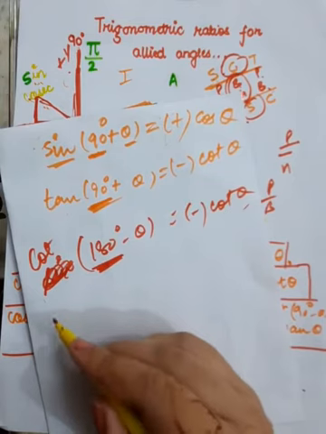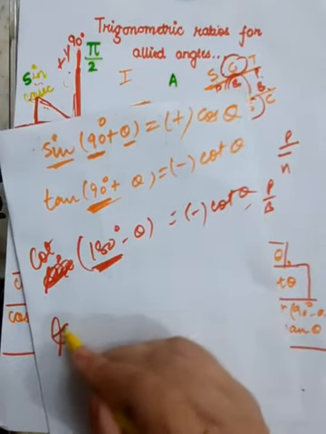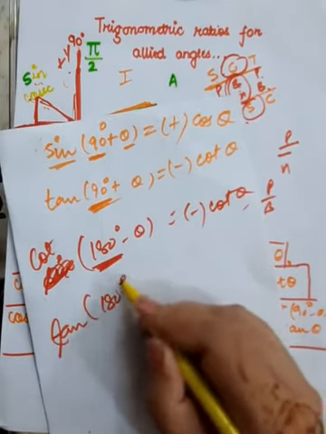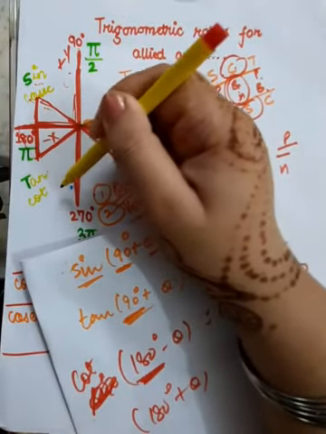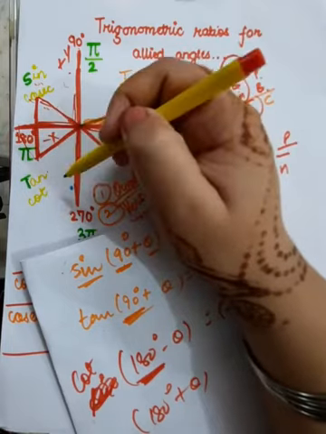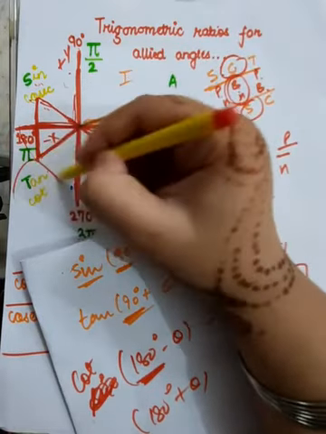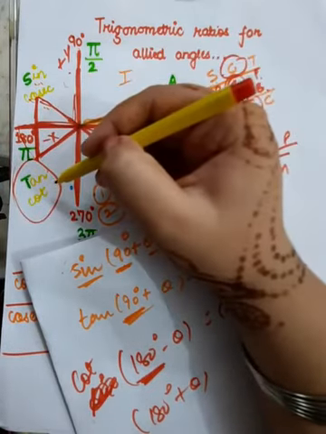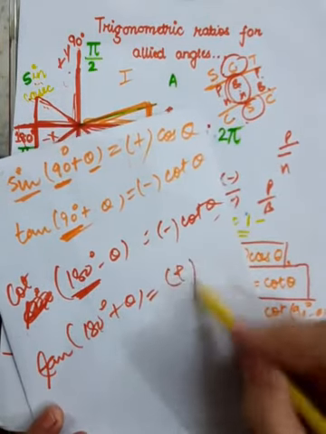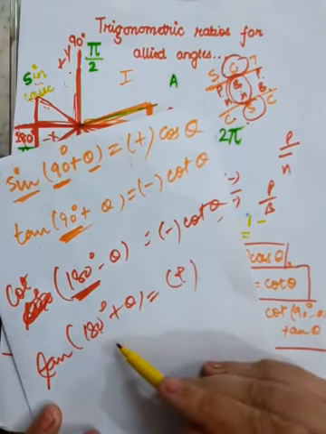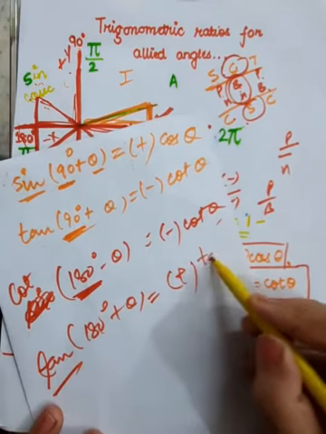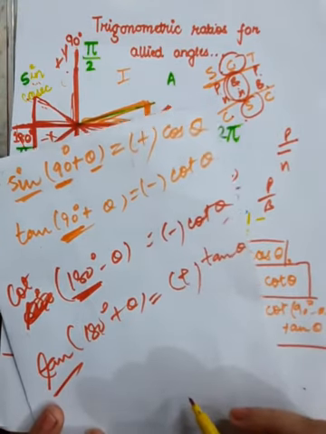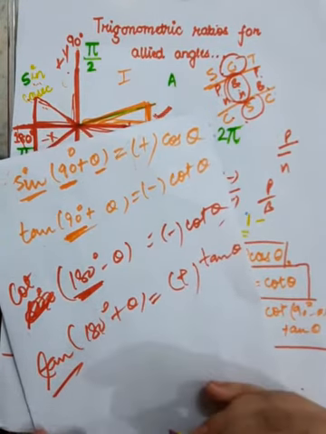Similarly, if you have tan 180 degree plus theta. Above 180 degree you are adding theta. That means you are moving in the third quadrant. And when you are moving in the third quadrant, is tan positive there? Of course, yes. Tan is positive there. So the overall result is going to be positive. But are you dealing with vertical line or horizontal line? The answer is horizontal line. So tan will remain tan over here. So this is plus tan theta. So this way we calculate the T ratios.